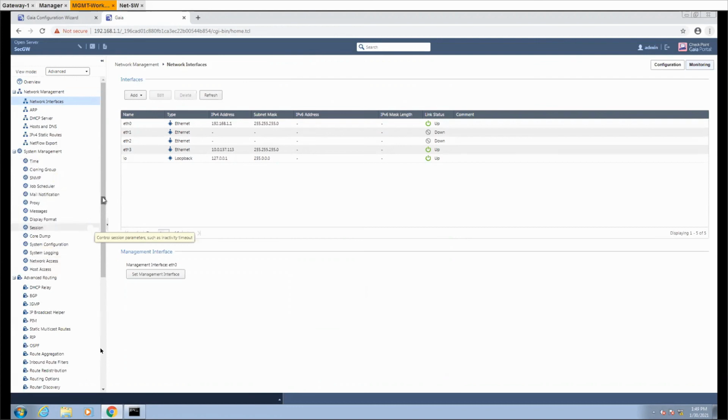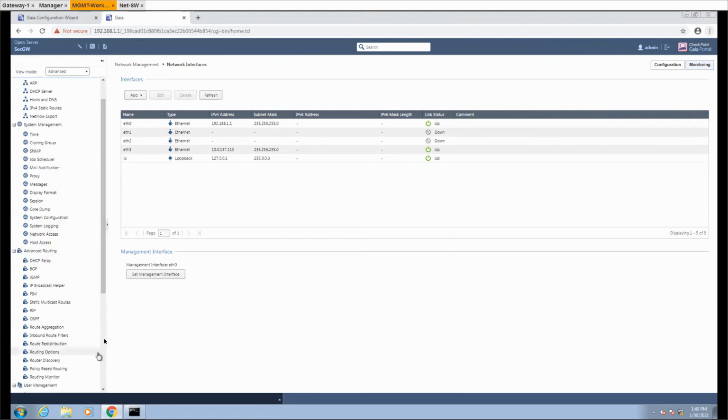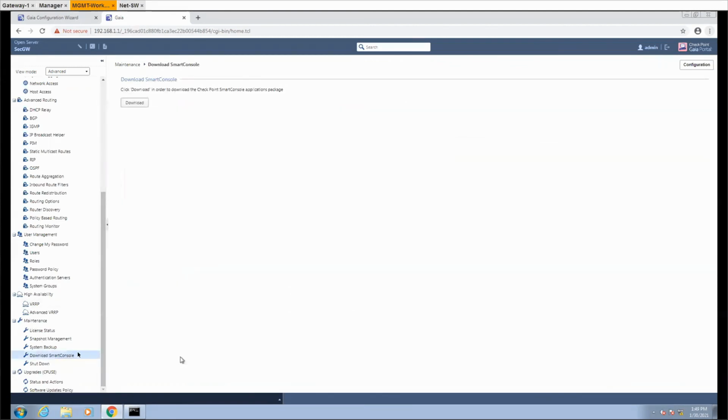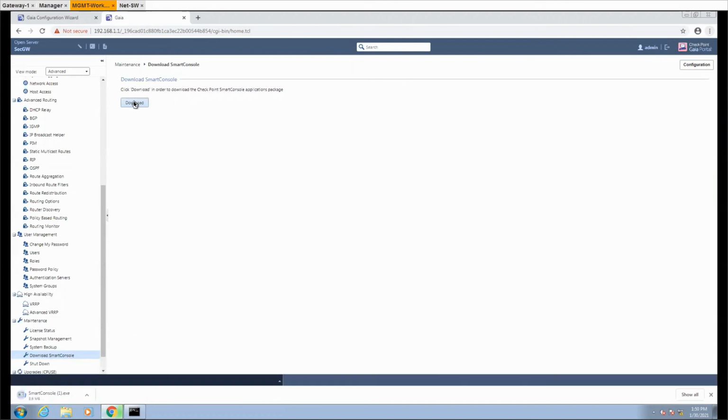install the Smart Console. To install the Smart Console, if you go down after deployment, here you have an option. You can download Smart Console from the management, or you can download the Smart Console software from the security gateway. When you go to the download Smart Console option in the maintenance tab, you can download this Smart Console.